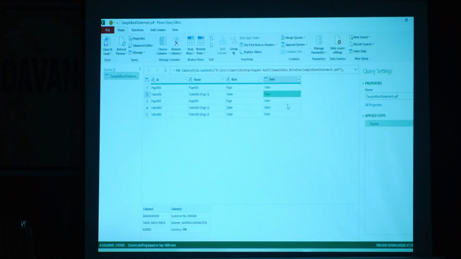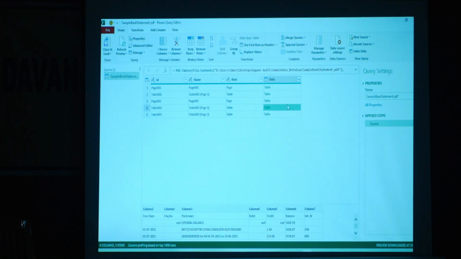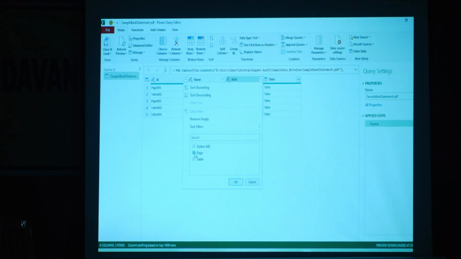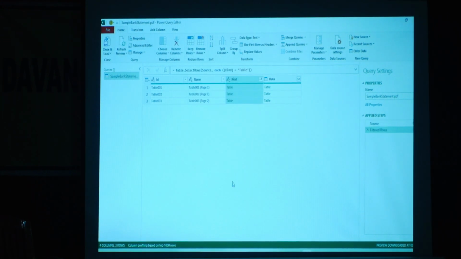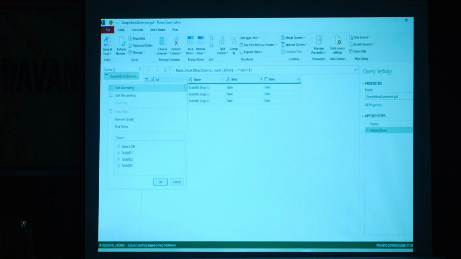Okay, so now I am having the PDF file like this. From here, I don't want anything as a page, so we can easily filter. I don't want anything as a page. Now I am getting only tables. From the tables, I don't want table 1. Can you see that, sir? Such a kind of a very simple filter if you apply, then from the next month onwards,